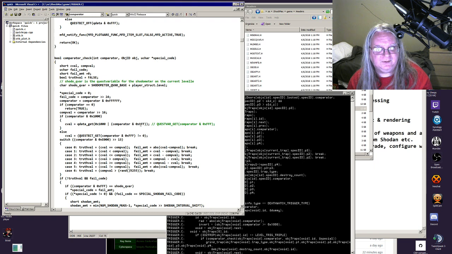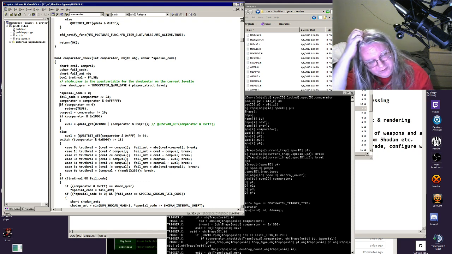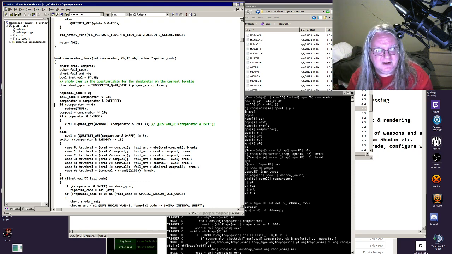Okay, so the comparator has a few things in it. It has a fail code, which we'll have to look at in a second to see what that means. That's 8 bits. It can just immediately be true. We're checking, should we fire this trap? So the normal case is, yes, always fire the trap. But you get this 16-bit value, and if this bit is set, that's not the smallest bit, so we'll use some of the bits here. Okay, so if one of the bits in that is set, it means to get one of these FFF,